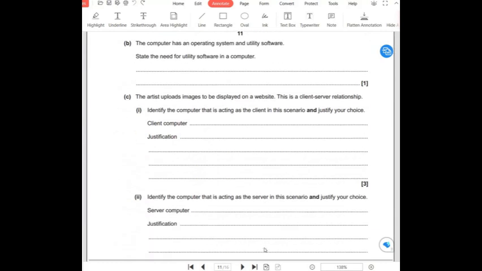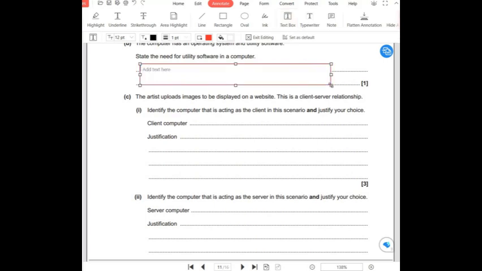A computer has an operating system and utility software. So we've got to state the need for utility software in a computer. Simple one: it performs housekeeping actions. Very simple one. Or, if you want to be pedantic, it's going to diagnose